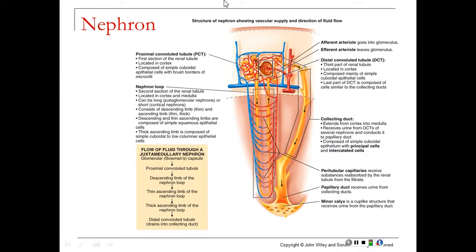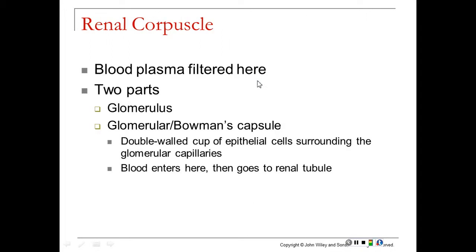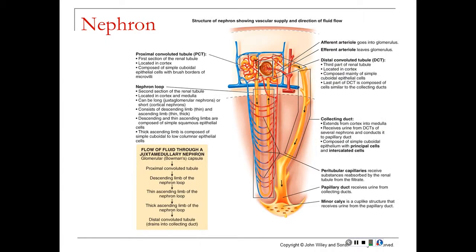Once the filtrate passes through this PCT, this proximal convoluted tubule, it's going to go down through what's called the nephron loop. Sometimes it's called the loop of Henle. It's the same thing. So this loop of Henle is made of a descending section where the filtrate's going to go down, down, down, and you can see as it's going down, it's interwoven